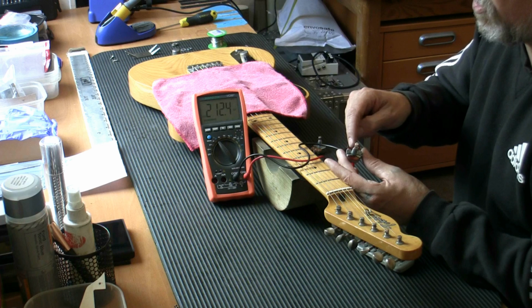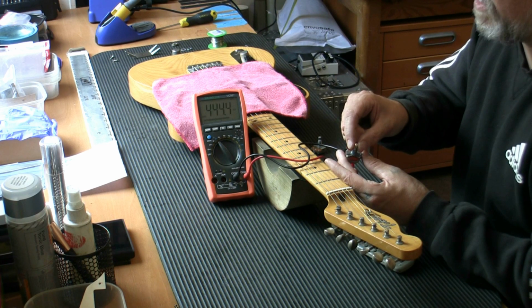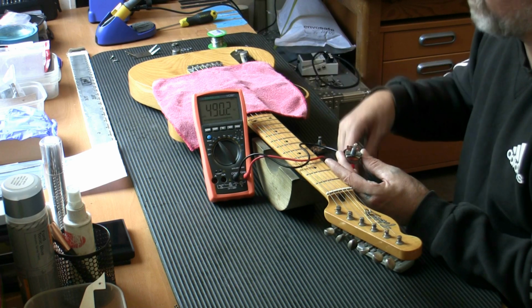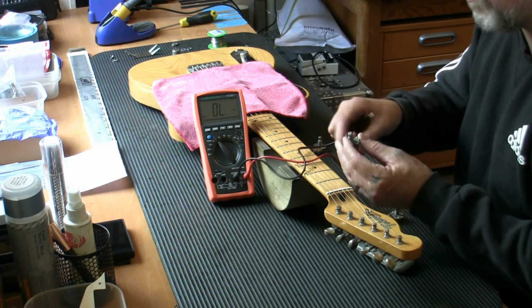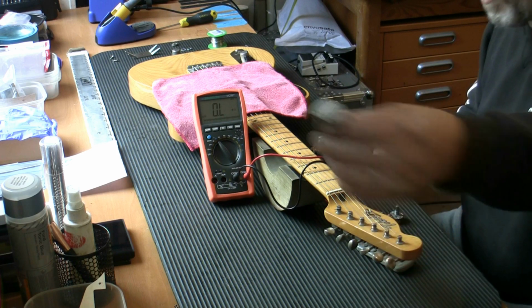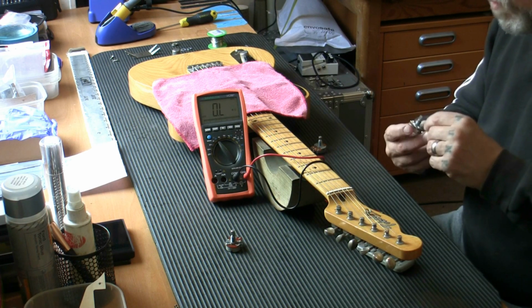212, that's just in the first 25%. And even there, halfway, let's have a look, halfway is there, that's halfway, it's already reading 496 on full 567. So that is a logarithmic pot for the tone, that's why it's only working on the last 10%. We're going to get rid of that, we're going to throw it away,